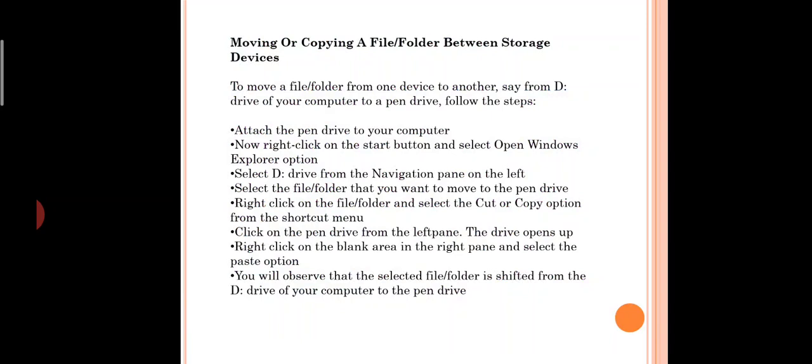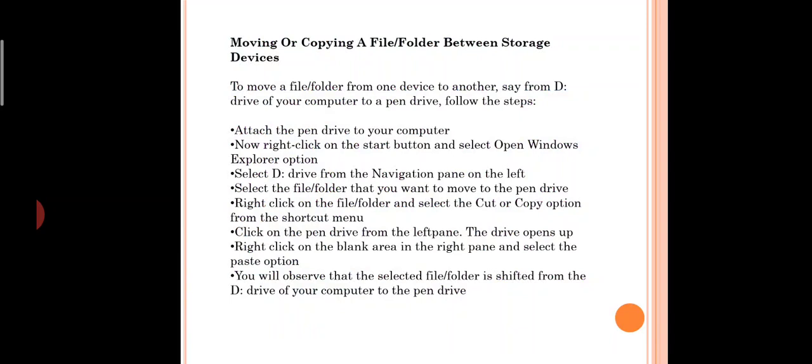Usually we do it in the shortcut form. What is that? On that Manjula resume.docx, I will just right click and select the option Send to pen drive. So whatever file I am sending is easily sent to the pen drive. You can do it like that, or else you can follow the steps given in the slide for moving the file. I will be telling these steps now.